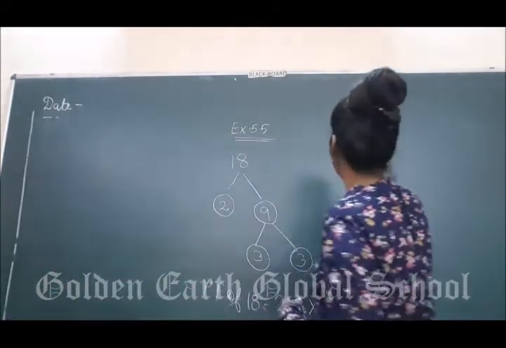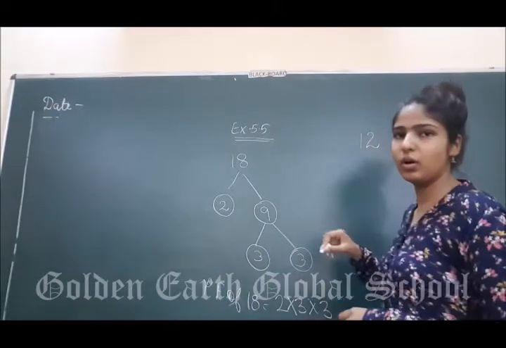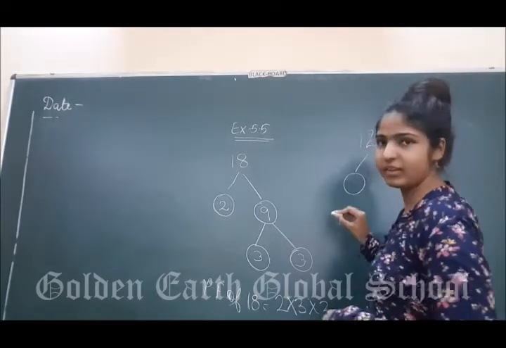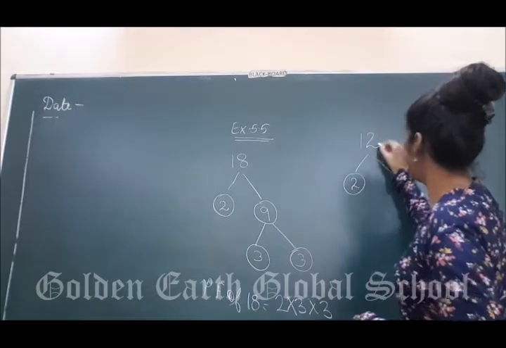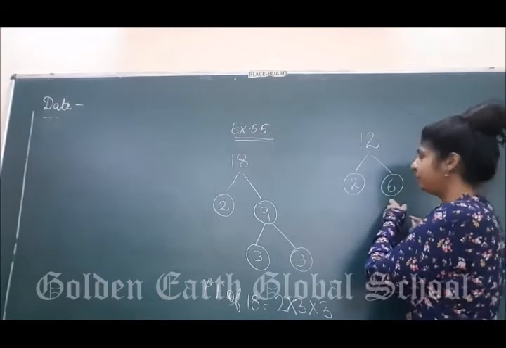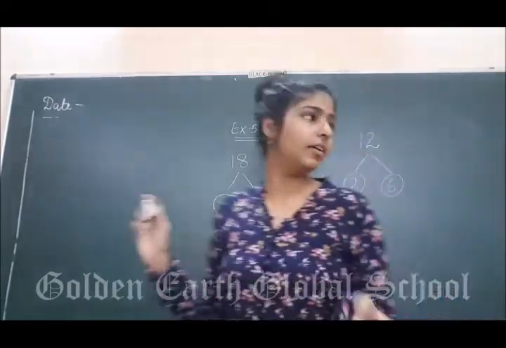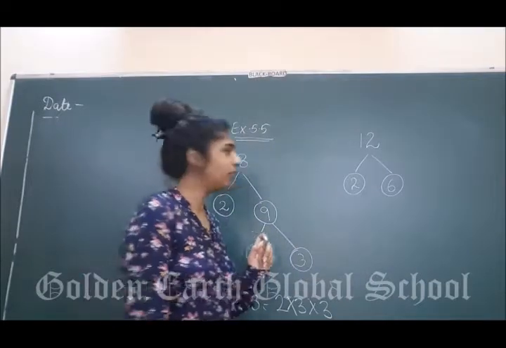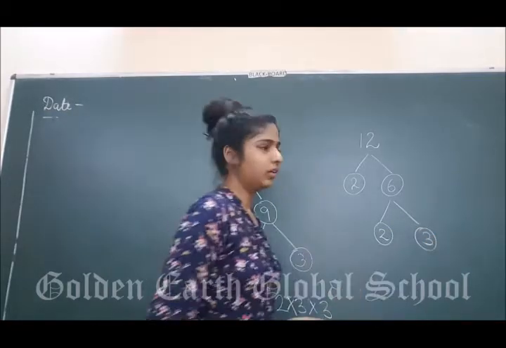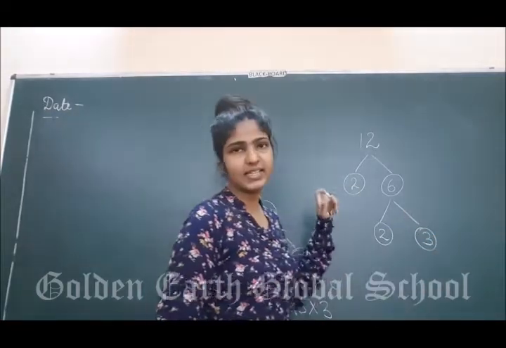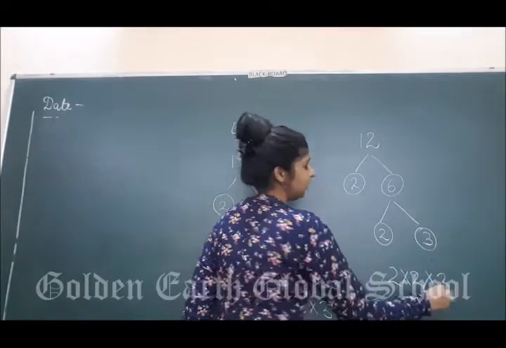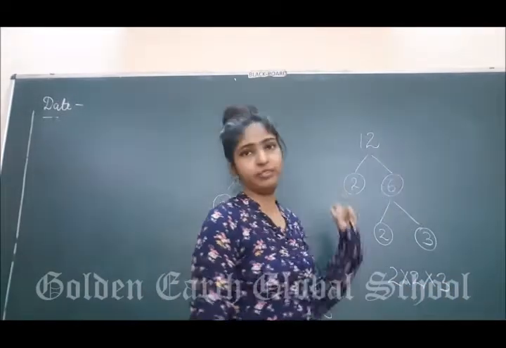Let us take another example. Let's suppose we have 12. So factorize 12. First of all take the prime number 2. 2 के टेबल पे 12 divisible है ना, write down 2. 2 के टेबल पे 12 आता कहाँ पे है? 6 पे. Now 2 is prime but 6 is not prime number because there are 3 and 6. 1, 2, 3 and 6 are the factors of 6. Now factorize 6. 2 into 3. 2 multiply 3 is 6. So the prime factorization of 12 is 2 multiply 2 multiply 3. 2 2s are 4, 4 3s are 12. Clear?